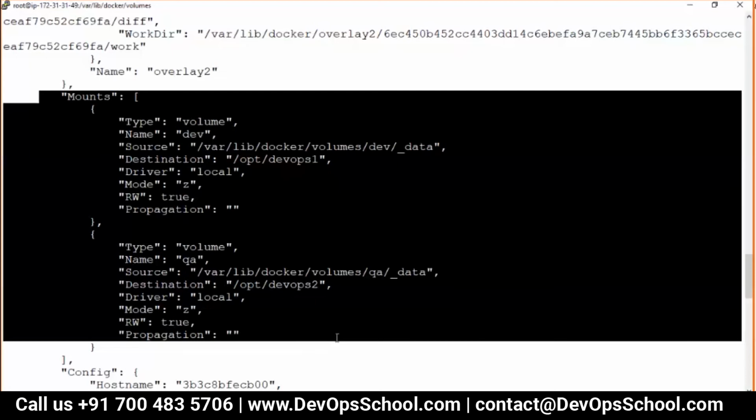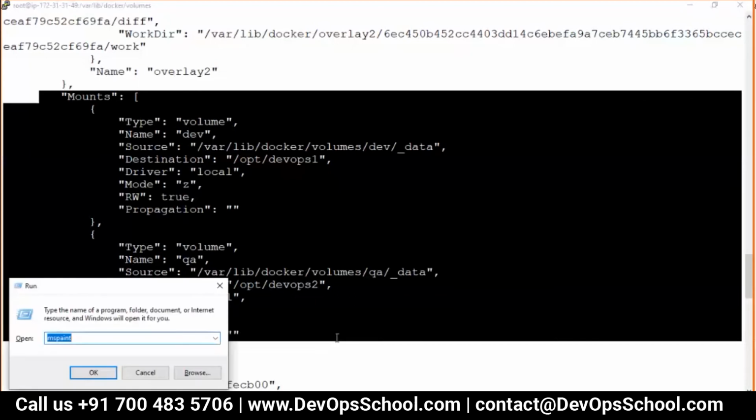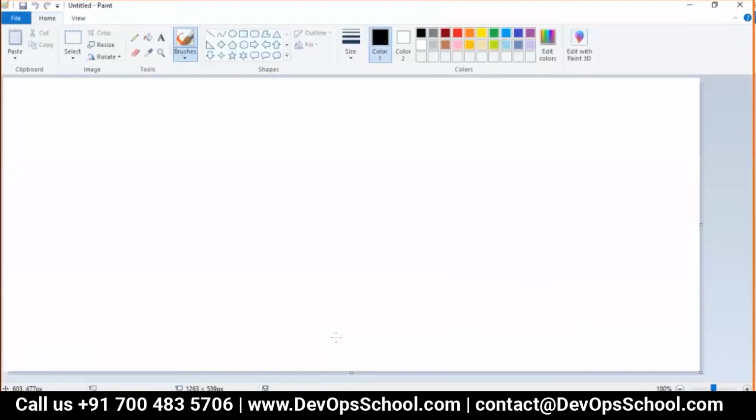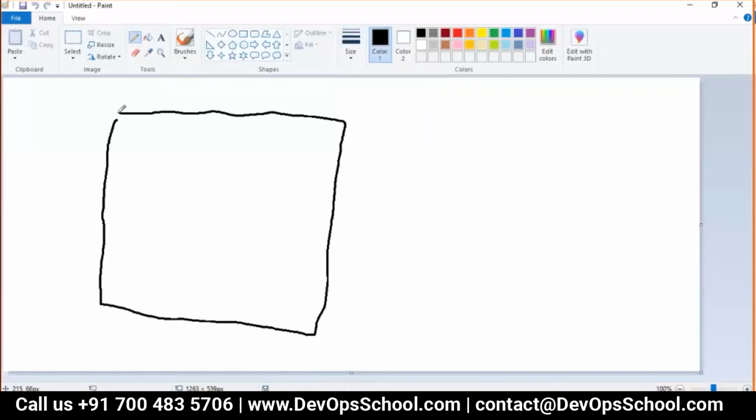The answer for this question is not hidden in containers and Docker. It's hidden in how Linux works. Understand that. How Linux works. So that is the answer. Now I will explain you the Linux one, not a Docker one, because you need to understand. This is the Linux machine. This is the user one, and this is the root user.